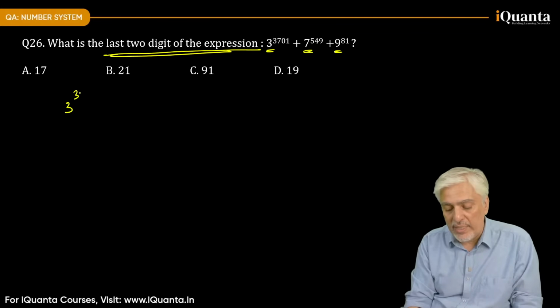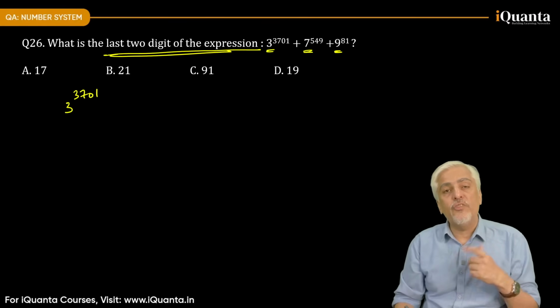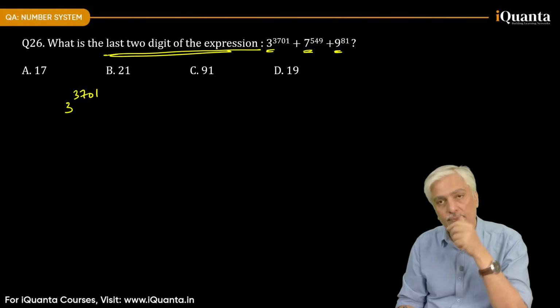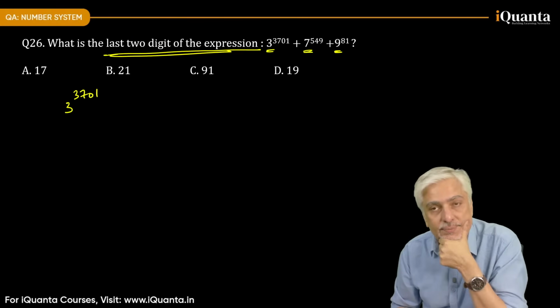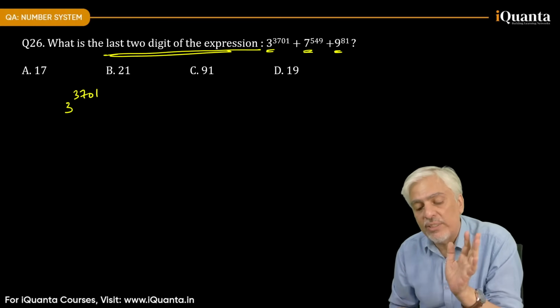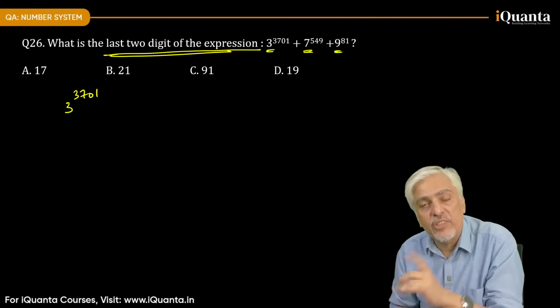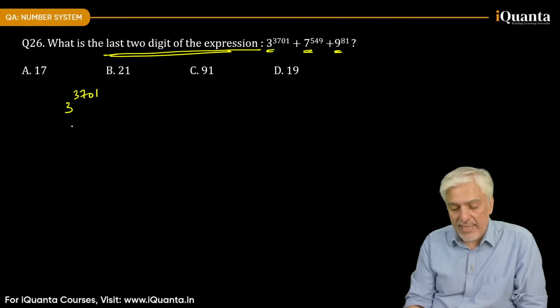3 raised to 3701. Which power of 3 ends in 1? Answer the question which I'm asking. Don't answer any other question. Which power of 3 ends in 1? 4. So, and yahan pe I can write this as 3 raised to 3700